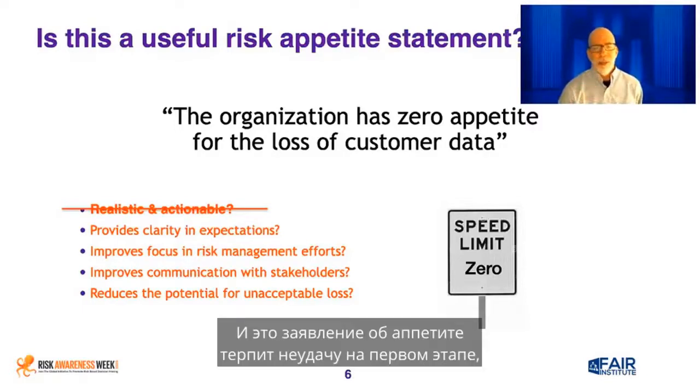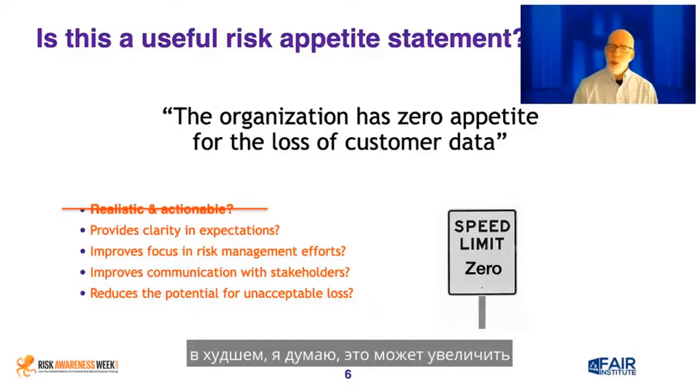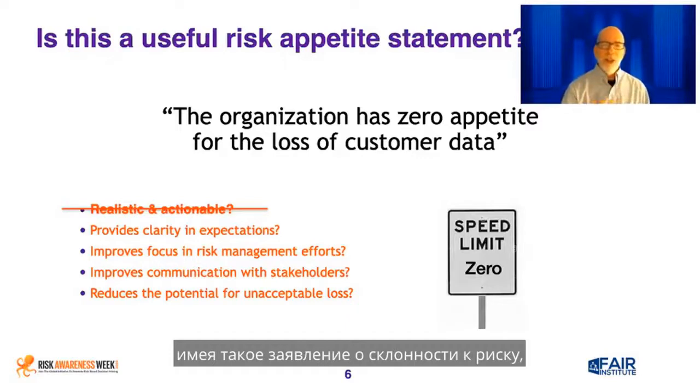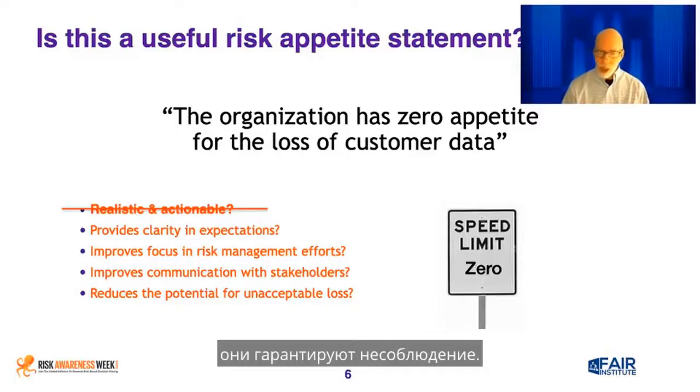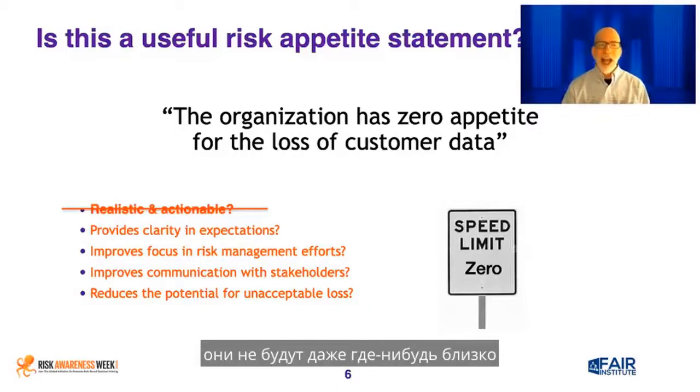And this appetite statement fails on the first step, right? It's not realistic, it's not actionable. So at best, it's useless. At worst, I think it might actually increase an organization's liability, because by having a risk appetite statement like this, they have guaranteed non-compliance. They have ensured that at no point in their existence will they actually be anywhere close to what they've defined